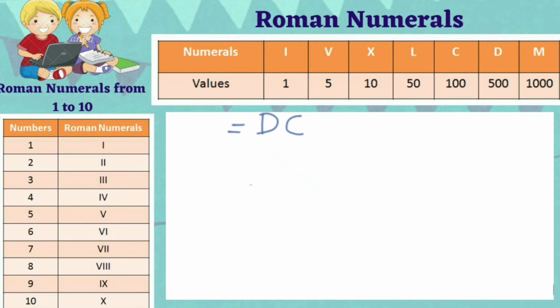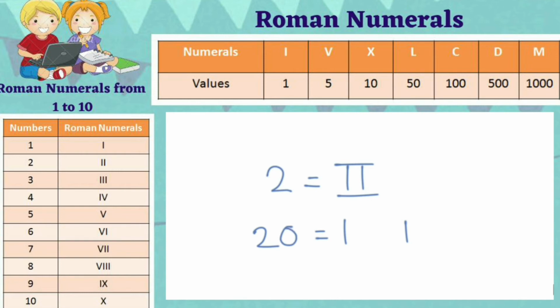So 20, I know that 2. How do I write 2? I write 2 as 2 times I, which means I am writing 1, 1, 2 times. So right hand side I'll write 2 and then put a 0 to make it 20. So same effect will happen on the right hand side. I will start putting 2 zeros. That is 1 zero to each.